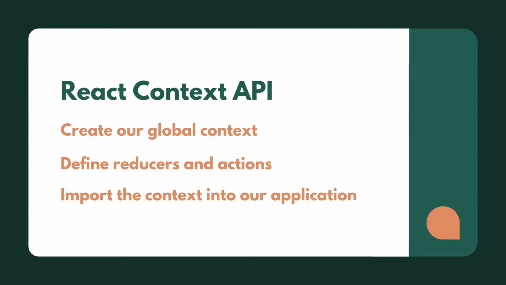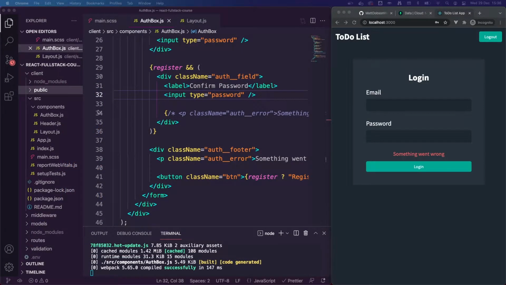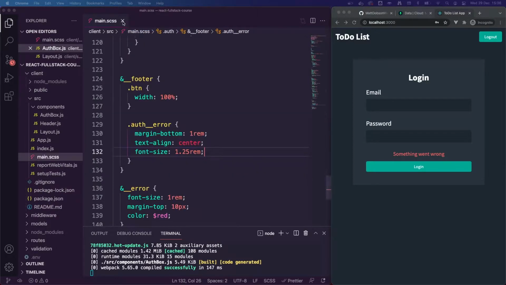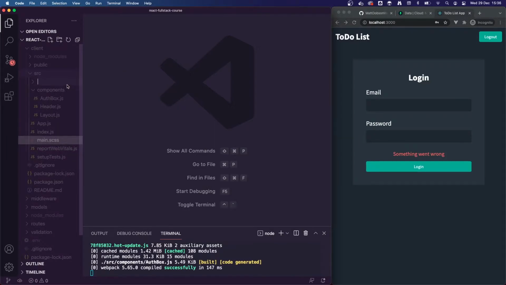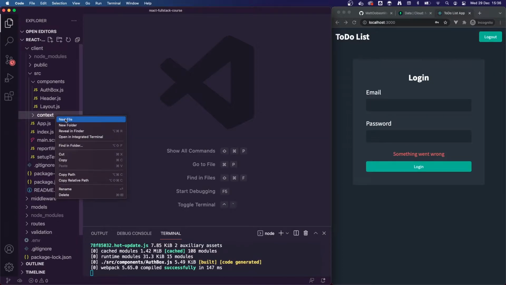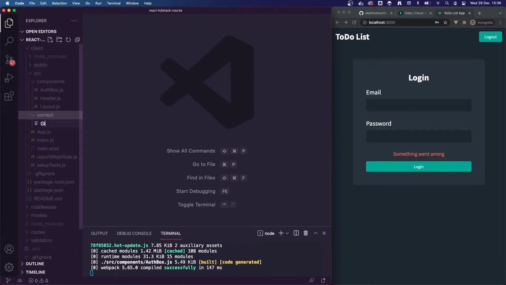So we're going to move back over to our application. We've got our dummy components that we built last time. We're just going to close all of these for now. We don't need access to them because in this lesson we're going to pretty much solely concentrate on the context. So I'm going to make a new folder. It's going to be called context. Inside that folder, I'm going to create a new file called global